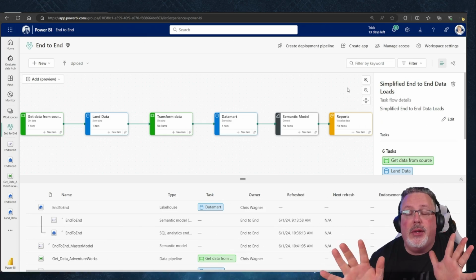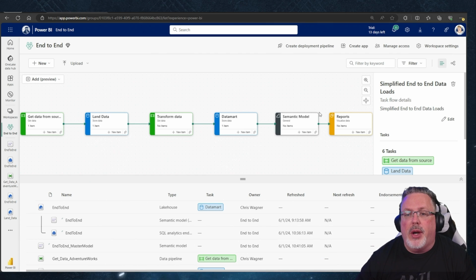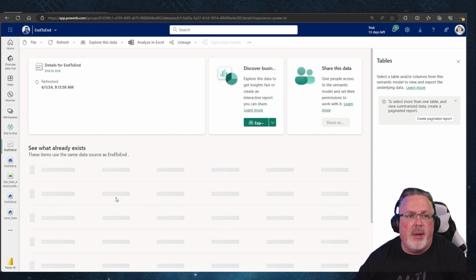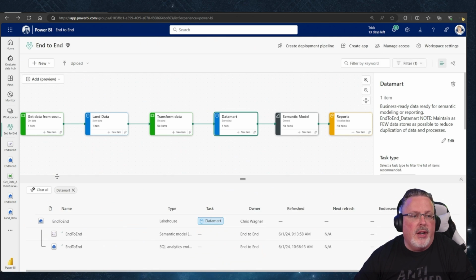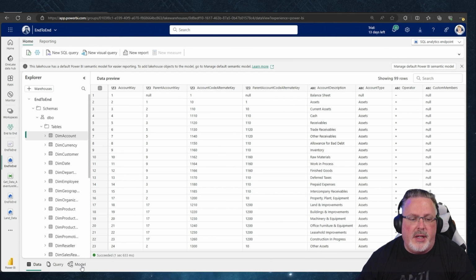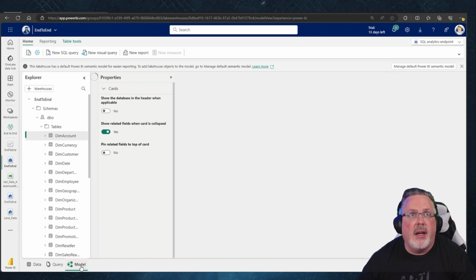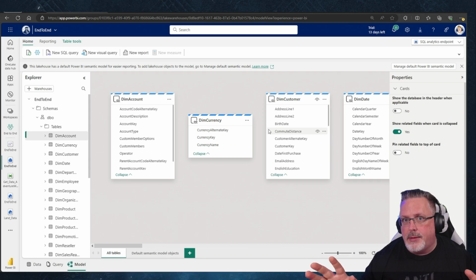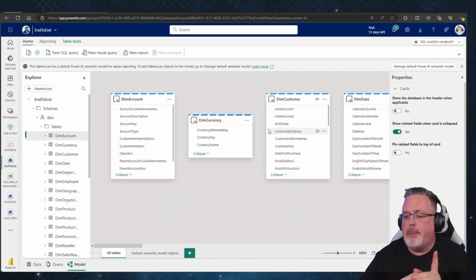We could say we're going to go into our semantic model, and we could leverage the data mart. We could use this semantic model that's inside of the data mart. We could totally do that. That's a thing that we could do. We could go into my SQL endpoint, I could head over to model, and I could define my model here, and then I could be done with that, right? So that's a possibility. But we're going to go a bit further,